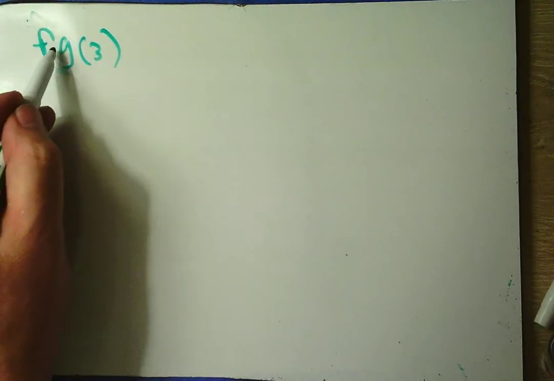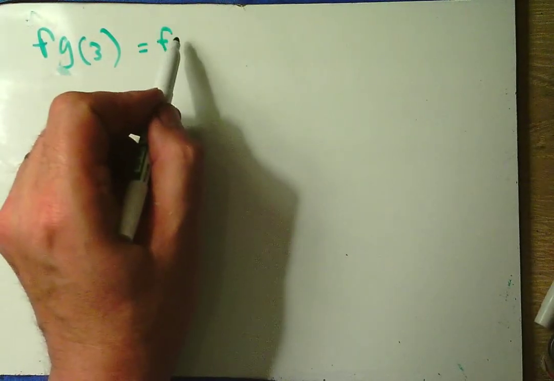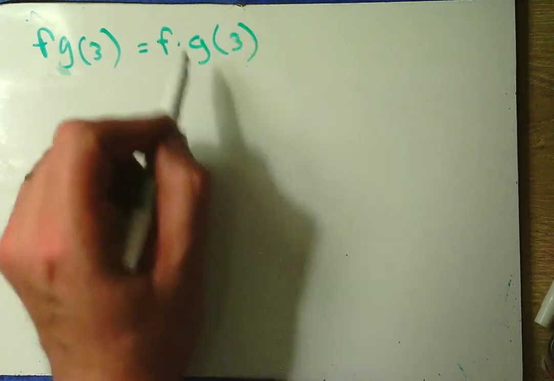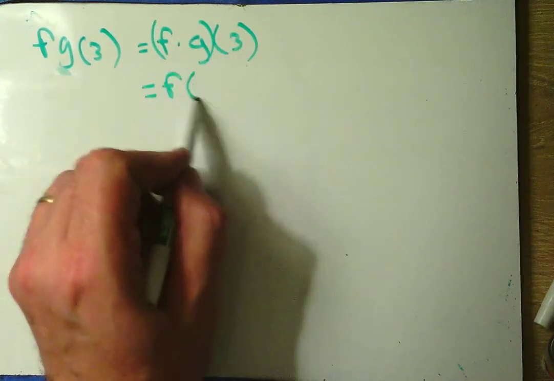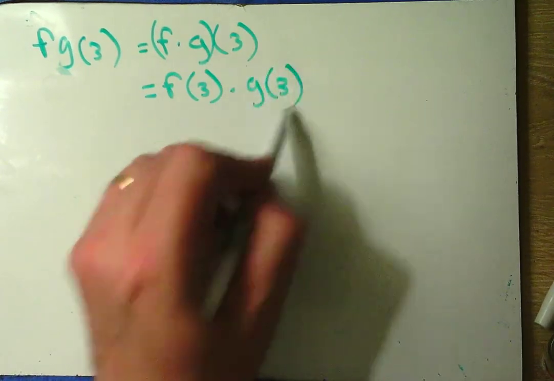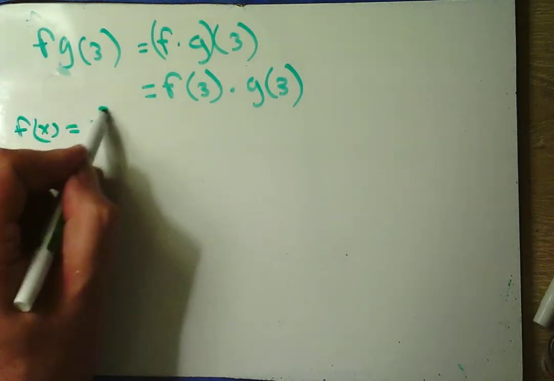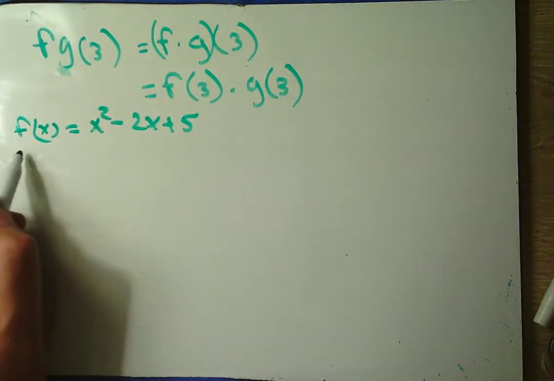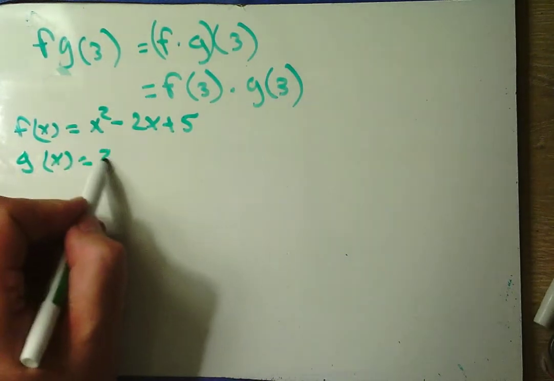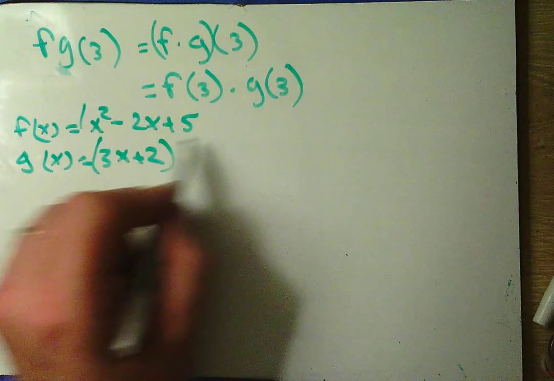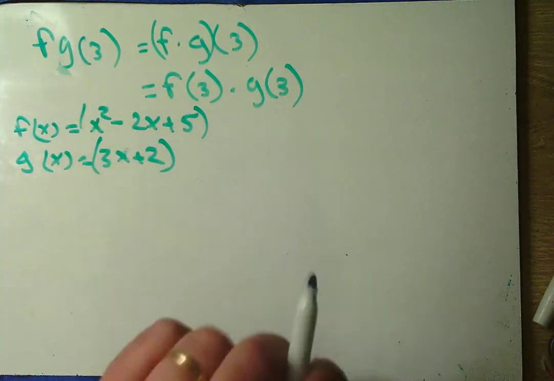Number 7. Find f(g) of 3. Well, what does this notation mean? This, because of proximity, is the same as f times g of 3, or f of 3 times g of 3. Now, you have a choice. You can either multiply this f of x, x squared minus 2x plus 5, times this g of x, 3x plus 2, which is a lot of multiplying to do,